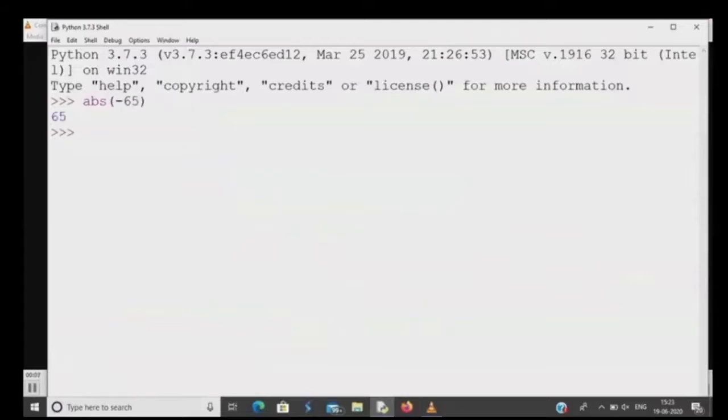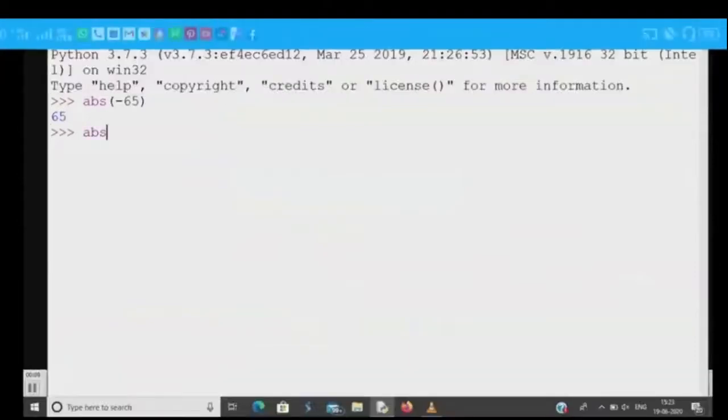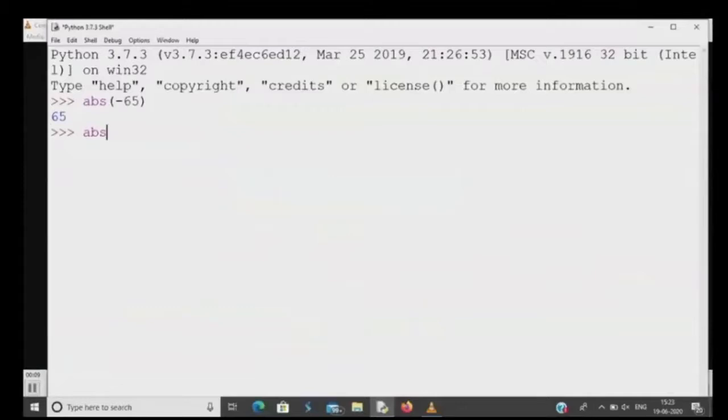Now these are few inbuilt functions which don't require any module. They are not written inside any module file. They are associated with Python compiler. Directly we can use them. One of the important functions is abs, same as fabs. fabs we have used for floating numbers, but abs is used for non-floating numbers. Floating number means decimal numbers. So for non-decimal numbers, we have to use abs.